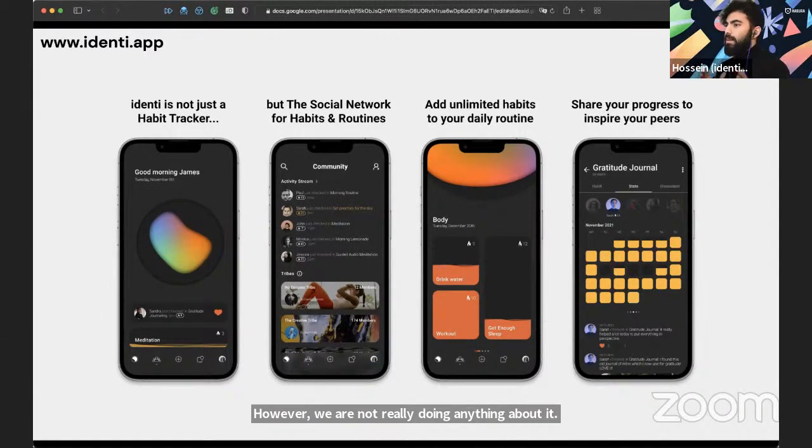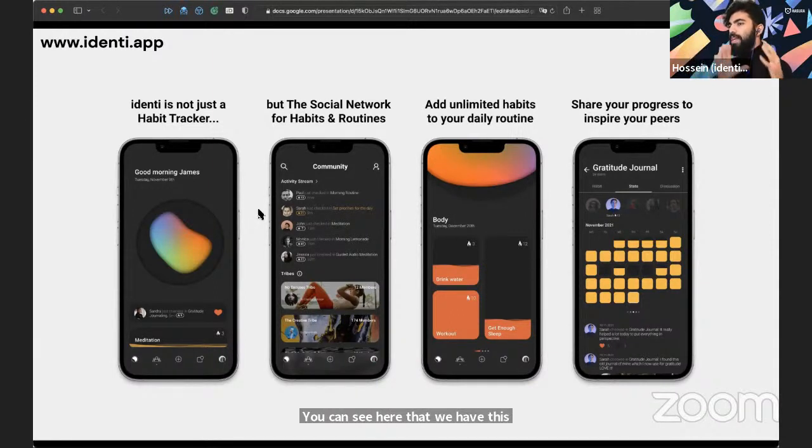And so we identified a couple of problems. We realized that having an accountability partner, being around other people where your action is the behavior that everyone is doing, being a part of a tribe, can really help you actually cause change in yourself. So that was 2 years ago, and we've been creating this social network ever since. You can see here that we have different features.